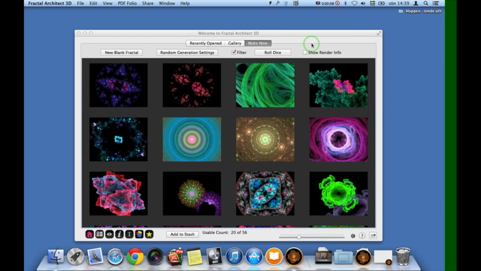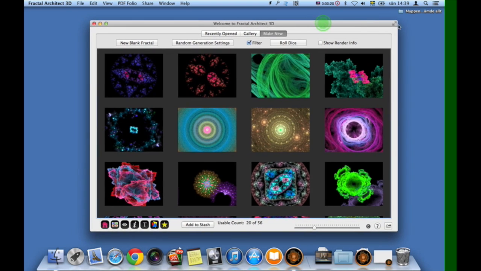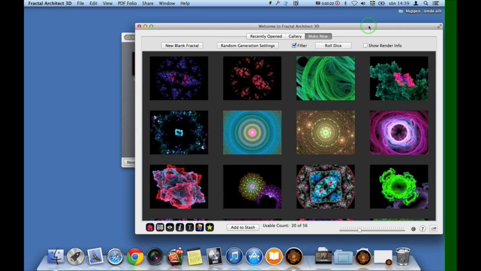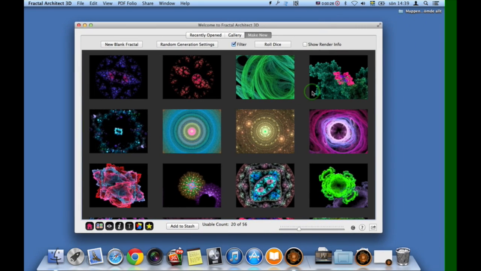On this tutorial session I would like to talk about something that I haven't touched at all in my previous tutorials, and that is animations. I will show you how to do animations in Fractal Architect 3D. And let's start with a simple fractal like this one. It's a Julia with a heart